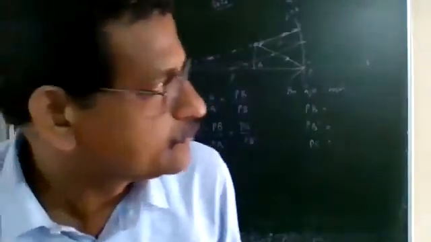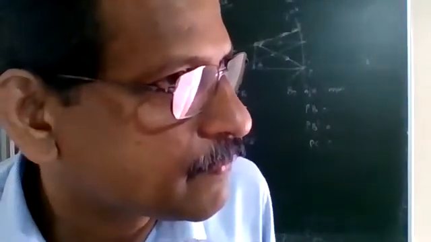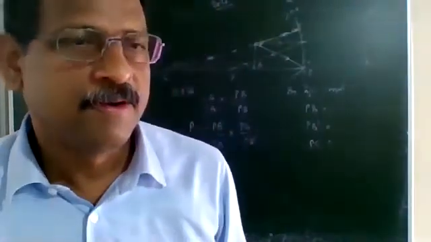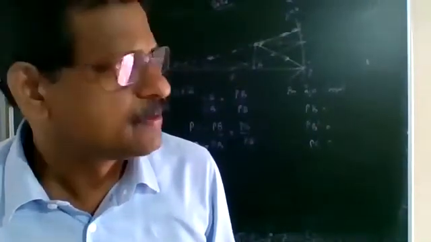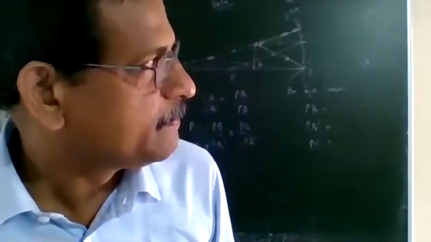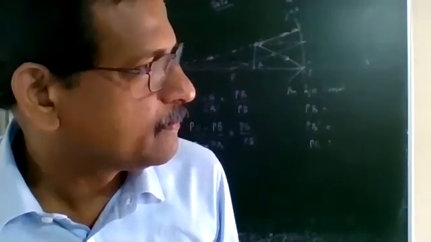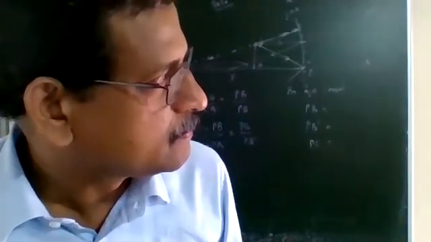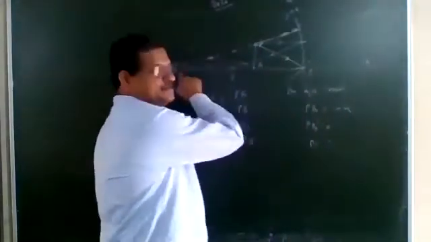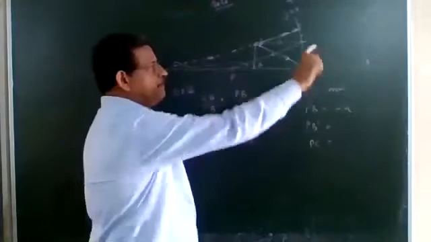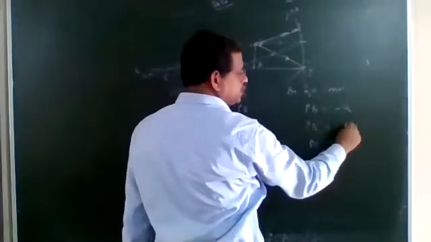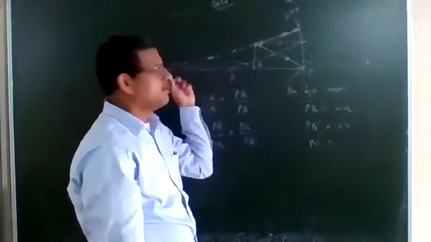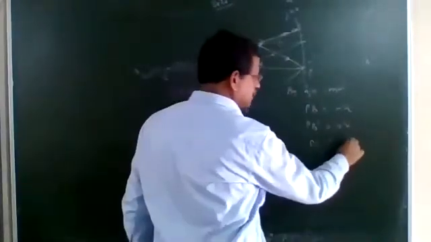So PB is minus U, PB dash is plus V, and PC should be plus R. Repeat. PB should be minus U, okay. PB dash should be plus V, correct. PC should be minus R. So PB is minus U, on the left side. Left side is minus. PB dash is on the right side, that is plus V. And PC is here on the left side only, so it is minus R.